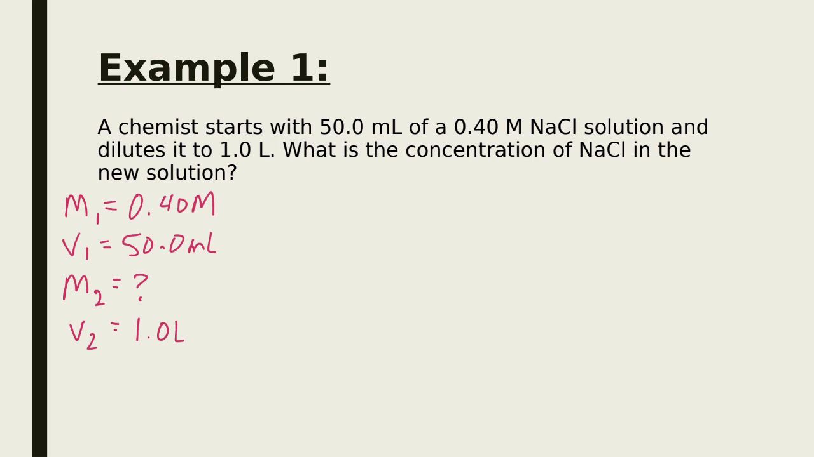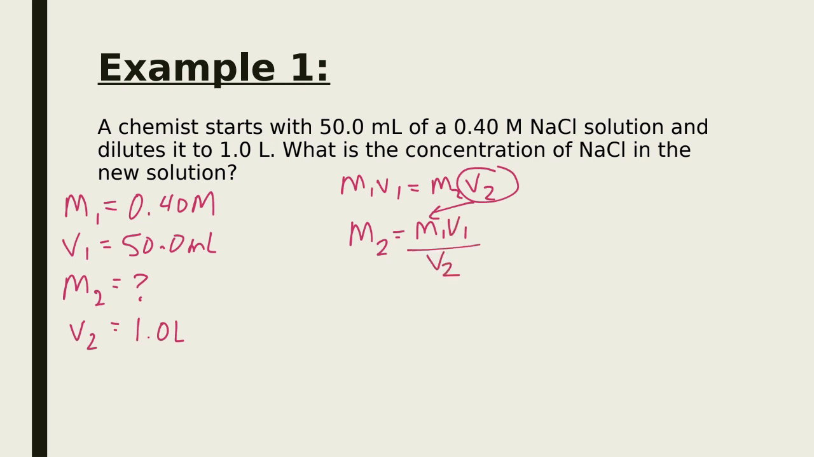When we look at this, we're going to set up our overall equation. M1V1 equals M2V2, and we're solving for M2. So what we want to do is get V2 out of there and bring it to the other side. We're multiplying V2 on the right side. When we bring it to the other side, we're going to do the opposite and divide it out. So we're going to have M2 equaling